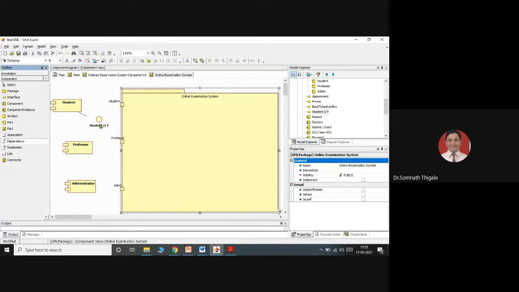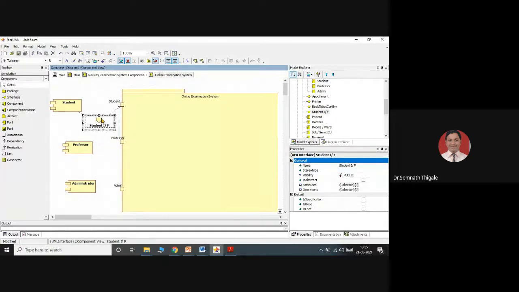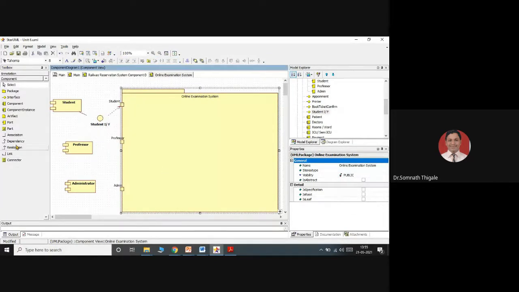There will be a dependency allowed in. So this port will be there as part of student interactions. Same with the professor, I'll show it as a dependency. And there will always be an association from the administrator to the admin console only. So the association I can show directly. Save it.